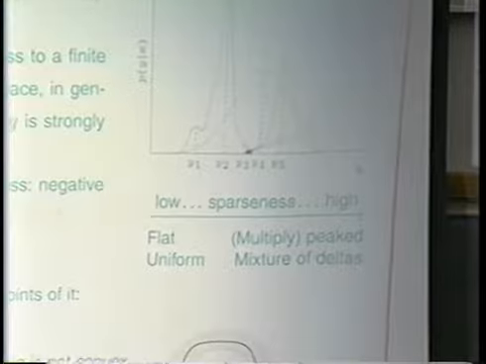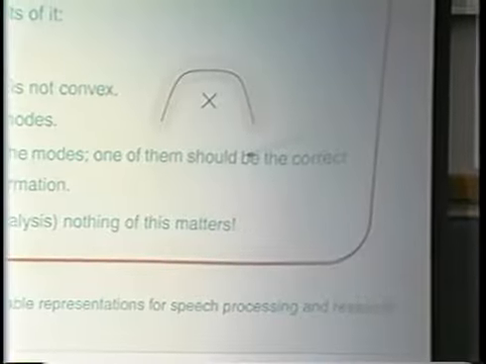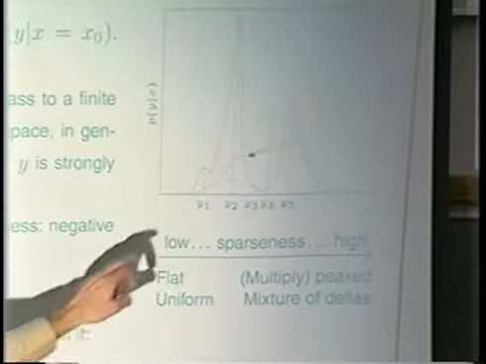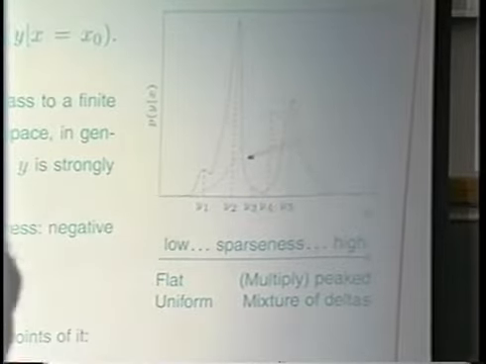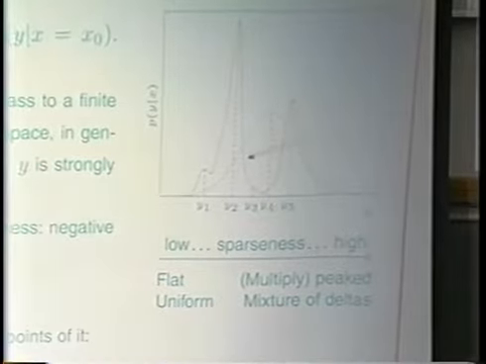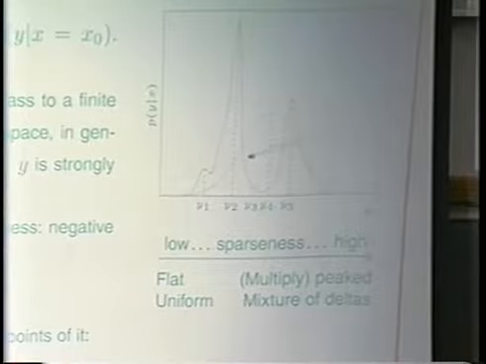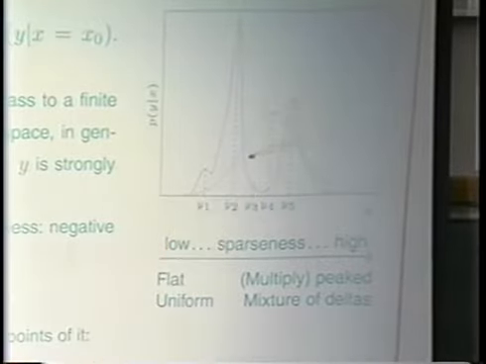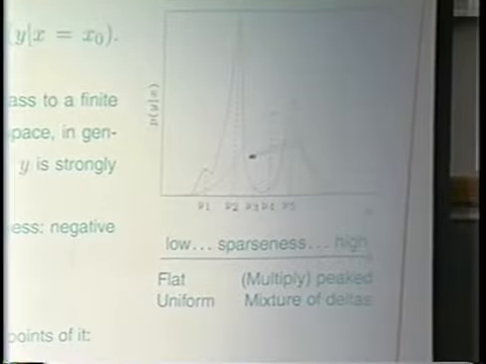And of course, for conditional distributions, like the ones that result from factor analysis, that are unimodal always, factor analysis is a single Gaussian, so anywhere you cut it to compute a conditional distribution, I get a single bump. So there I don't have any problem. I just have to pick the mean or the mode, which is always the same one. Those models are not good for this approach, and nothing of this would matter.